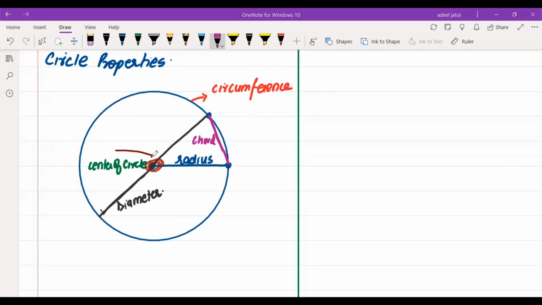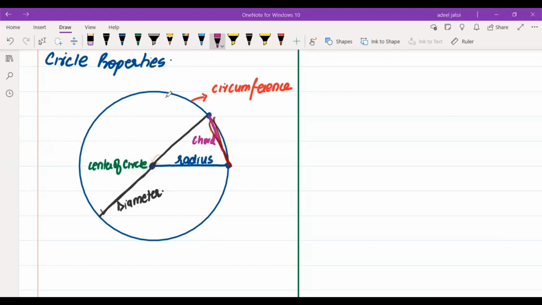This point is your center of the circle. This line, when it meets the center of the circle and one point on the circumference, is known as your radius. A line that connects 2 points on the circumference and crosses the center of the circle is known as your diameter. A line that meets 2 points of circumference but does not cross the center of the circle is known